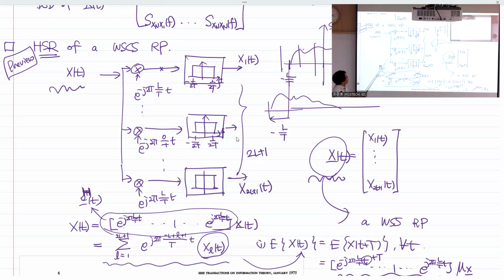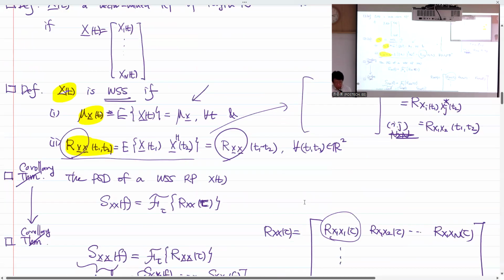And why is this so? Because under our assumptions on the strict band limitedness and the number capital L, there is not just one-sided implication. If you have x of t, you get x underscore of t. If you have x underscore t, then you have x of t. So automatically you have y-sense stationarity of the vector valued random process, even though I do not precisely, carefully define and prove them. Got it?